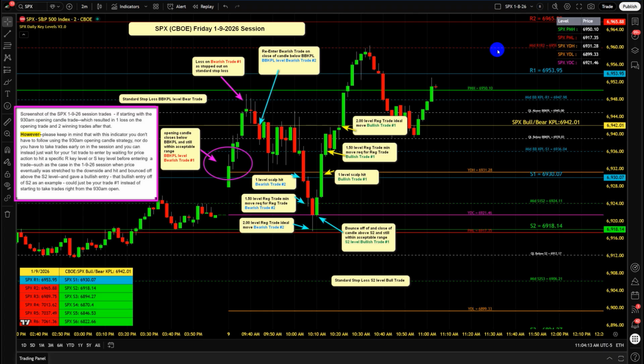Those are the two different types of trades taken with this particular indicator. Scalp trades being a one level move in your favor, and then regular trades being a 1.5 level minimum threshold